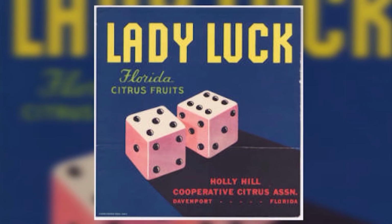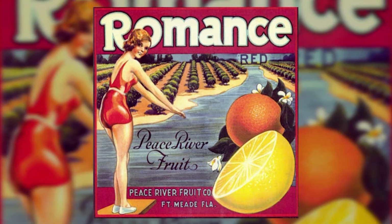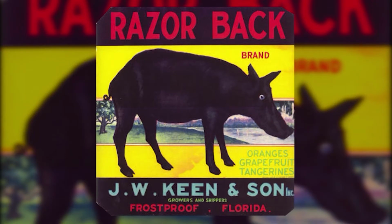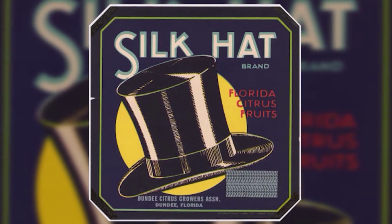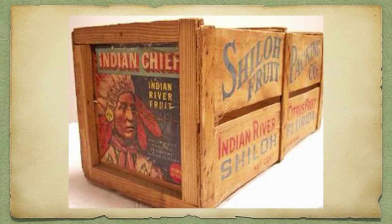One key feature in the graphic, the color background or a color used in the name brand, meant blue, grade A, top quality fresh fruit. Red, grade B, lesser quality, smaller in size. Yellow or green, grade C, not attractive peel but good fruit inside. Black, cooperatives and exchanges. The standard size for the labels was 9 inches by 9 inches square, which fit snugly